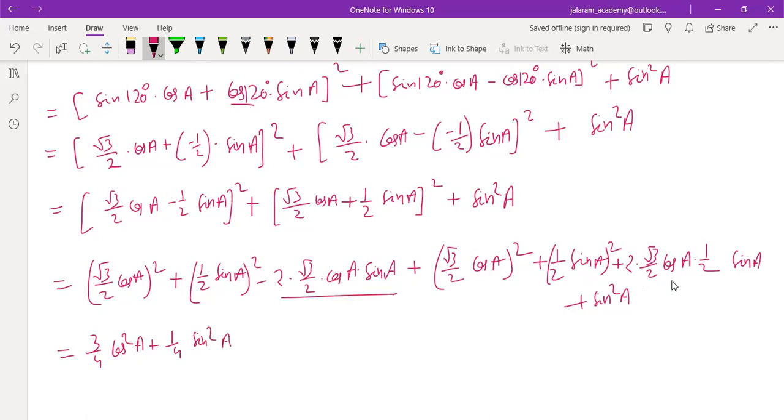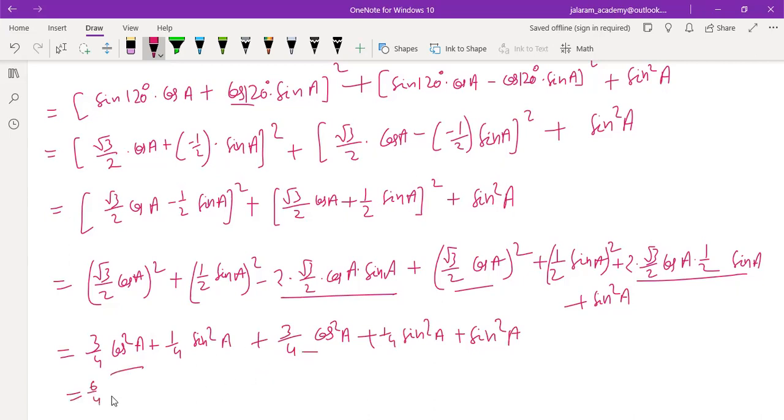In this, the middle term will be cancelled out. They will give the same values, root 3 cos A sine A, root 3 cos A sine A, but opposite in sign. So next is root 3 by 2 cos A whole square. It also becomes 3 by 4 cos square A. 1 by 2 sine square A becomes 1 by 4 sine square A, plus sine square A equals to, now 3 by 4 cos square A plus 3 by 4